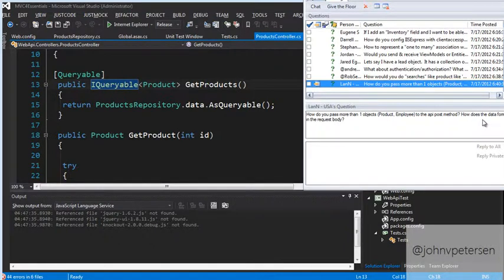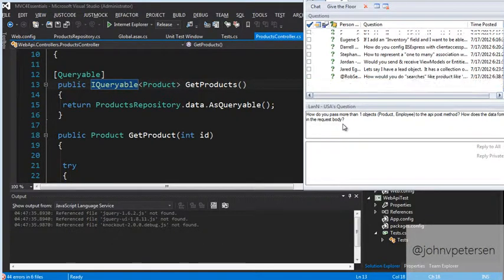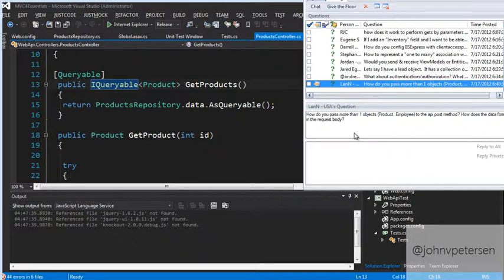And how's the data formatted in the request body? Well, again, it just gets serialized as JSON. That actually happens today when you're working with MVC. When I'm working with the data on the client, I'm passing things down, and when it gets to the controller, model binding goes on. So these are all things that happen today. I'll leave with the thought that the Web API is a way to expose your data, but how it works and how we're interacting with things are all things we're doing today.